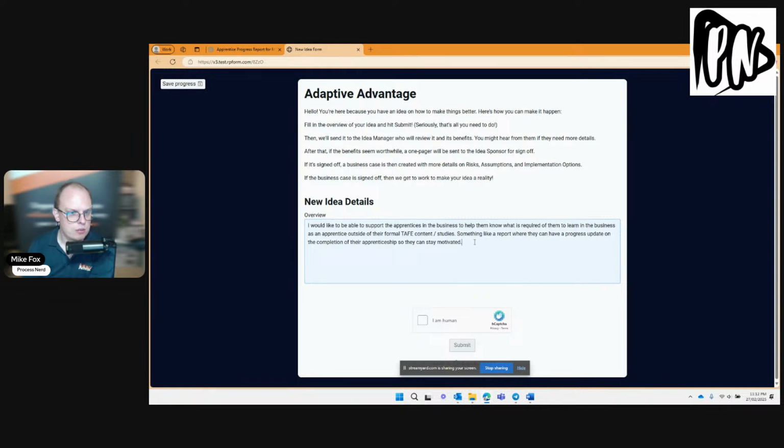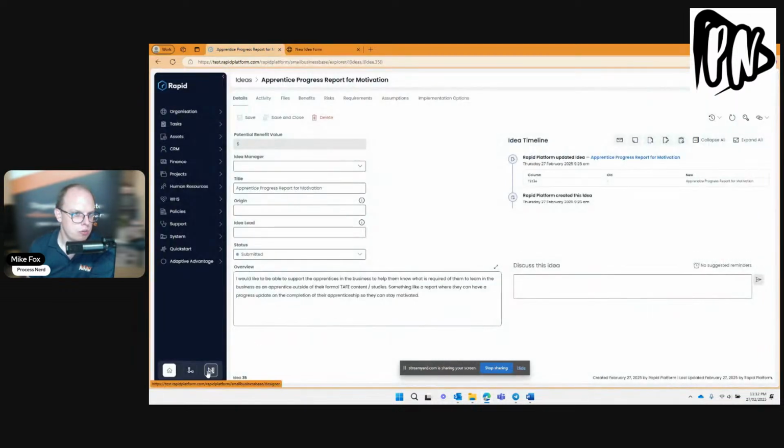So we're going to look at this now. I'd like to be able to support the apprentices in the business to help them know what is required of them to learn in the business and as an apprentice outside of the formal TAFE content and studies. Something like a report where they'll have progress updates on the completion of their apprenticeship so they can stay motivated. So this is our idea overview. You'll see that there's not a whole lot of information here that really needs to be done the first time around. What's going to happen is this is going to shoot off to generative AI to produce the first set of benefits and things that we'll look at to produce the one pager. So I'll give you an overview of that now,